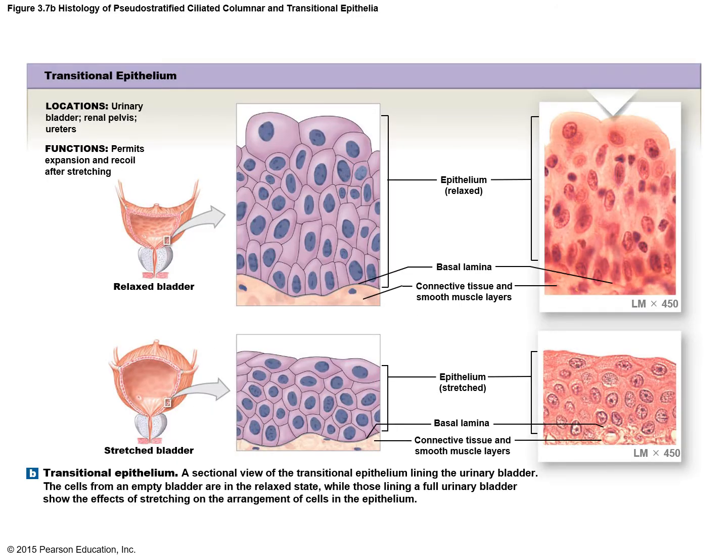This figure shows you how the transitional epithelial cells change their shape. There are two panels. In one panel you have a bladder which is relaxed, and in the bottom one the bladder is stretched because of the accumulation of urine, and in the corresponding histological sections which show the cells, you can see how the shape of the cells is changing from the relaxed epithelium to the stretched epithelium.